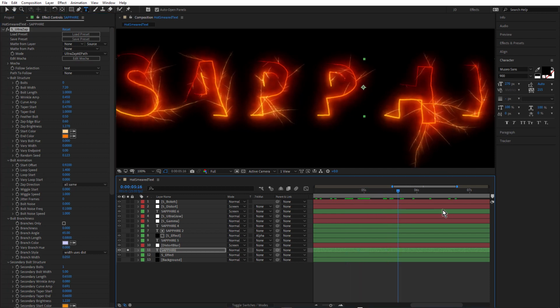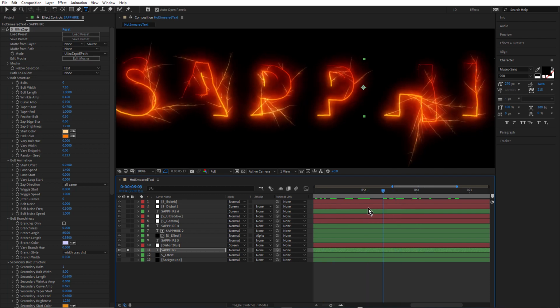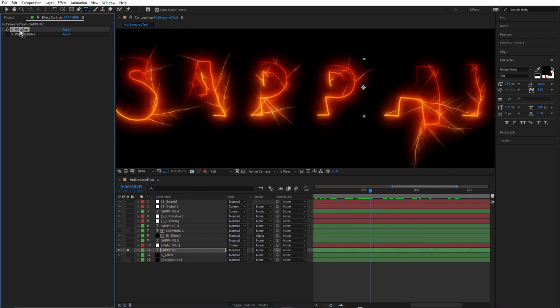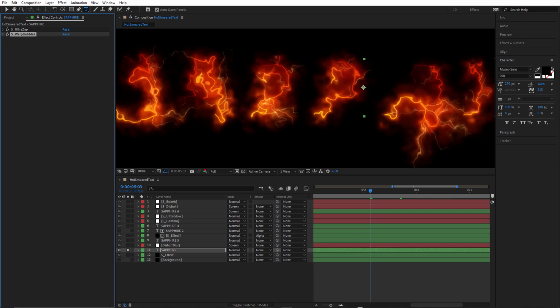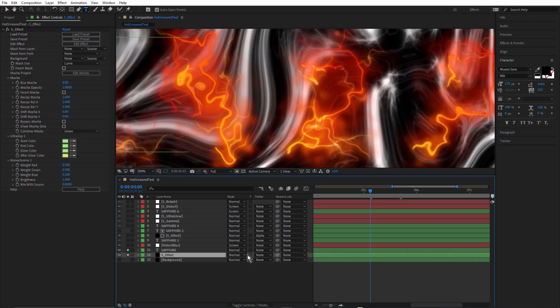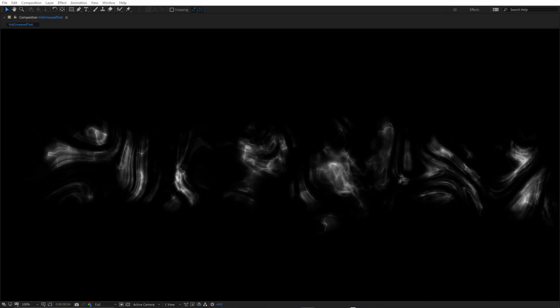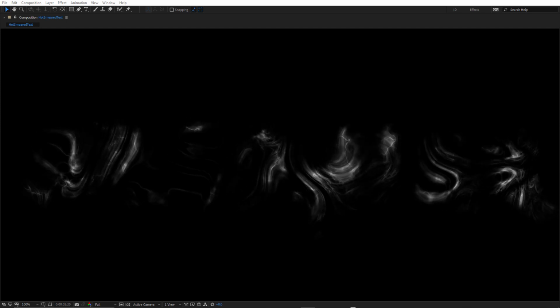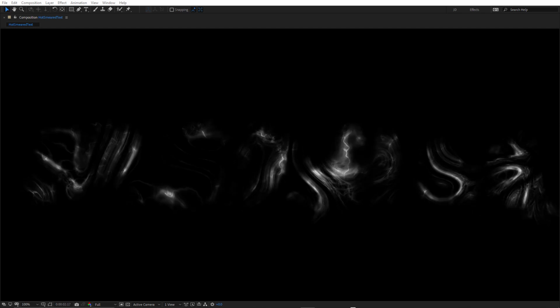So there's a little bit of animation in the Ultra Zap, a little bit of auto animation. We're not really interested in the bolts as lightning bolts because they're being warped by, again, Warp Bubble. So if I just turn that on, you can see we get a kind of turbulent noise look. And remember, this is only being used as a matte for S-Effect. So I'll turn on S-Effect again and come down and choose Alpha Matte Sapphire. So here's the result so far. And you can see we're getting this really interesting, almost liquid-like look with the combination of Ultra Zap and Warp Bubbles.